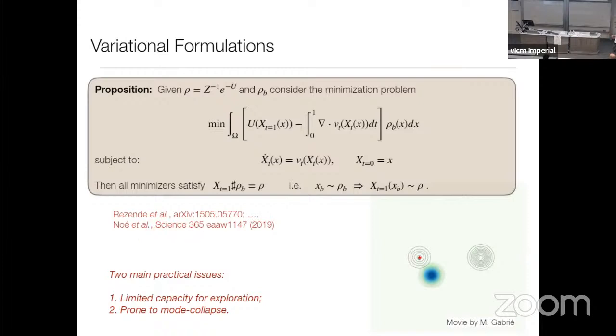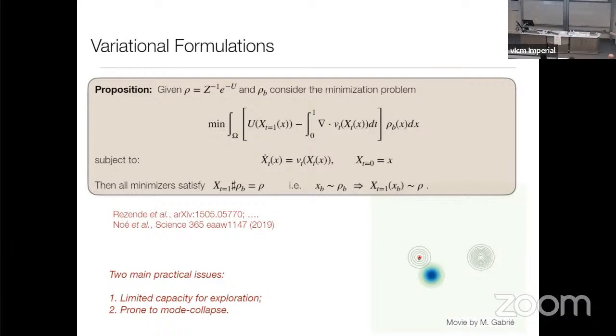Now, the difficulty with these methods is that they have two practical limitations, in fact caused by the same thing: they have a limited capacity for exploration and they are prone to mode collapse. You can understand what's happening here in the following simple terms. If you don't know your velocity field nor your map at the beginning, you could imagine starting with a V which is identically 0, so the map is the identity. If you do so, when you try to estimate this objective function, you will have to generate samples from the base and have enough of them that you can get a gradient that will tell you in which direction you need to optimize your velocity field to actually find the target. In high dimension, this is very complicated to do.